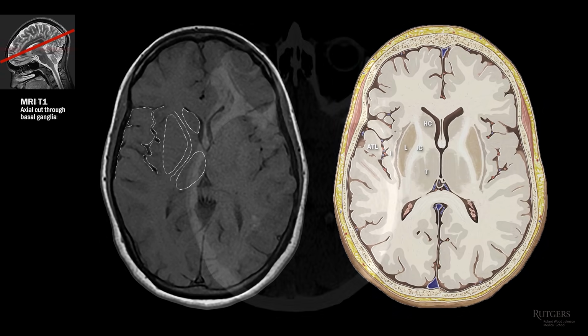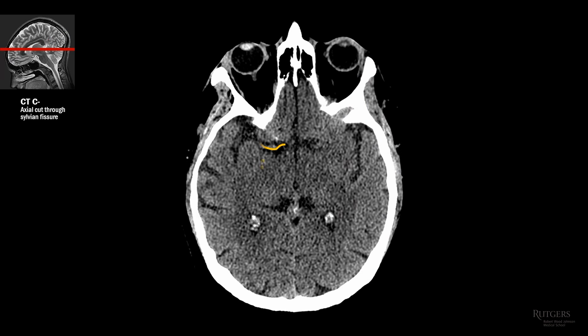Moving right along, this is a slice through the Sylvian fissure. Incidentally, the orbits or eyeballs are back. What lives in a Sylvian fissure? Yeah, the middle cerebral artery. Here it is, isodense to the brain parenchyma. It's generally very difficult to distinguish from the nearby brain. But when you can make it out because it's brighter, that's when you know things are bad. More on that later.